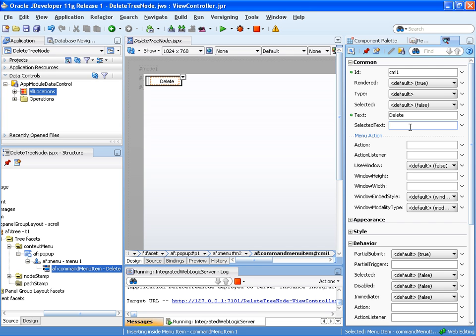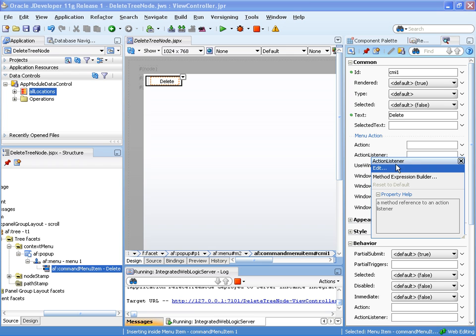So now I have the delete option. I just need to fill this a bit with life, and to do this I need to write a little bit of managed bean code. And first of all I have to create the managed bean. So I can do this from the action listener property here. So I'd select this arrow icon, go to edit,